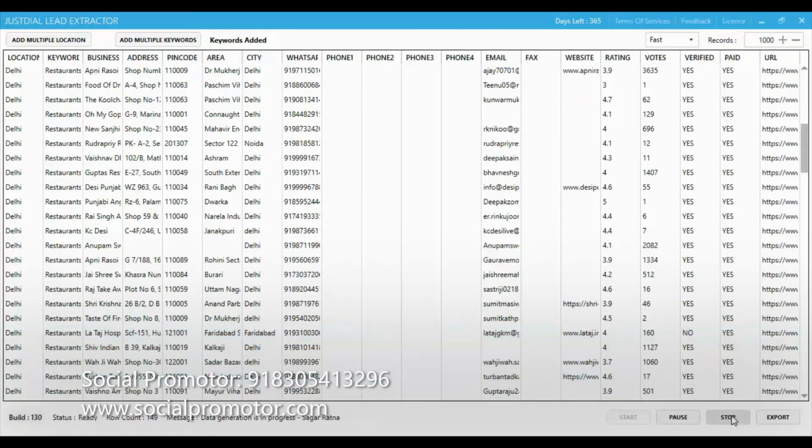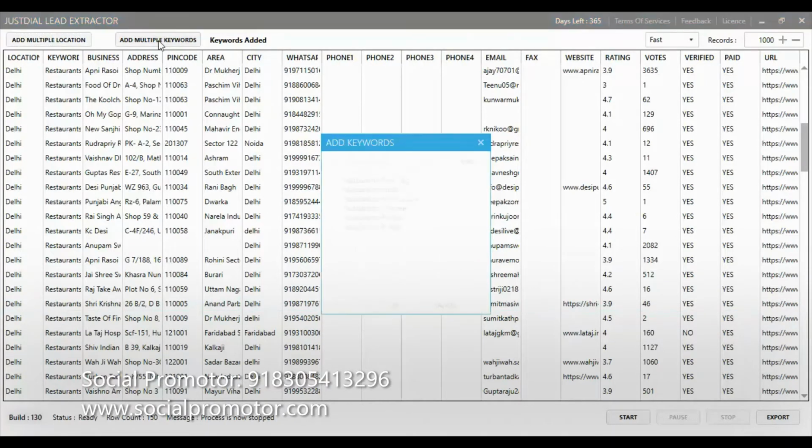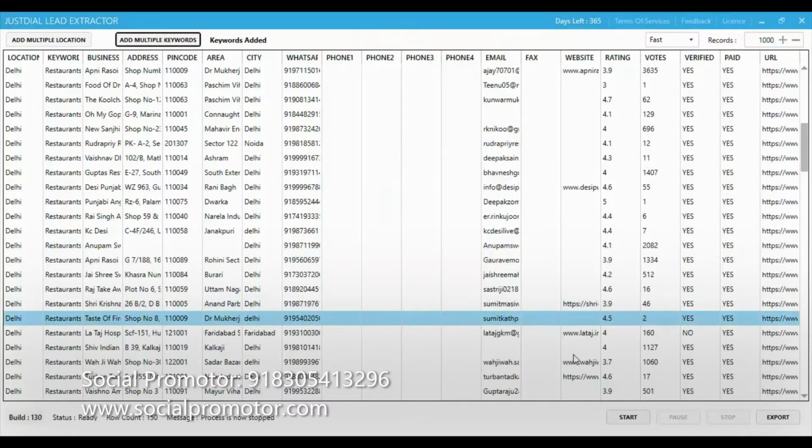So now I'm clicking on stop, and then we will see one more. So the location can be Pune, and we'll see Pune data of hotels. So we'll just delete these, and we will click on find. So keywords related to hotel have come. We'll click on OK and start.